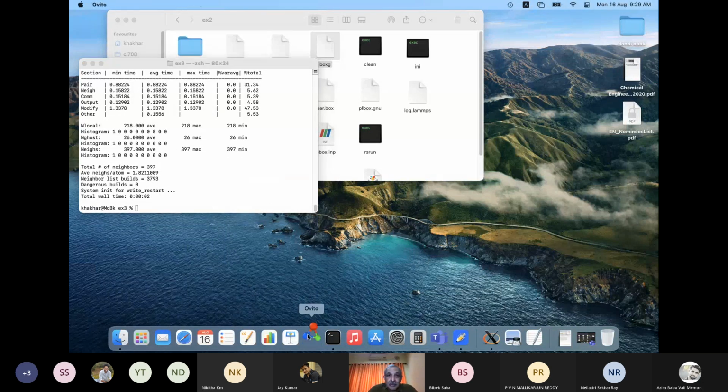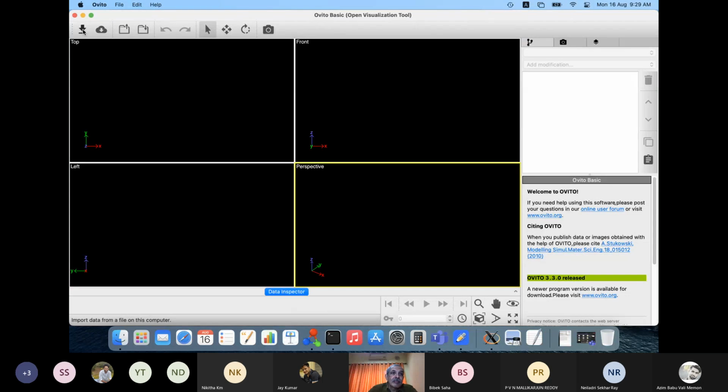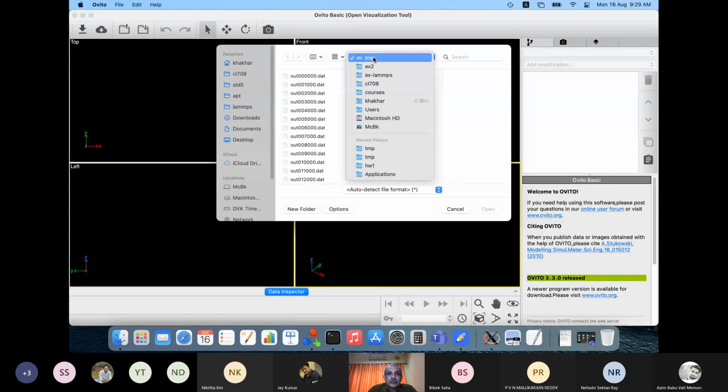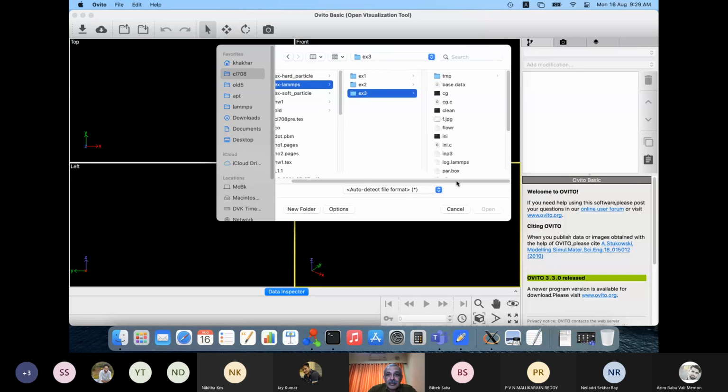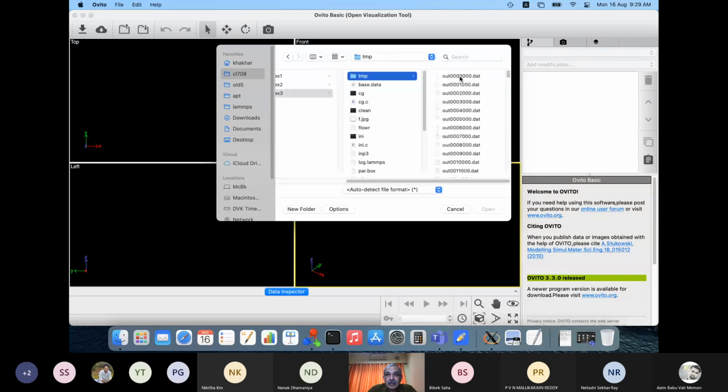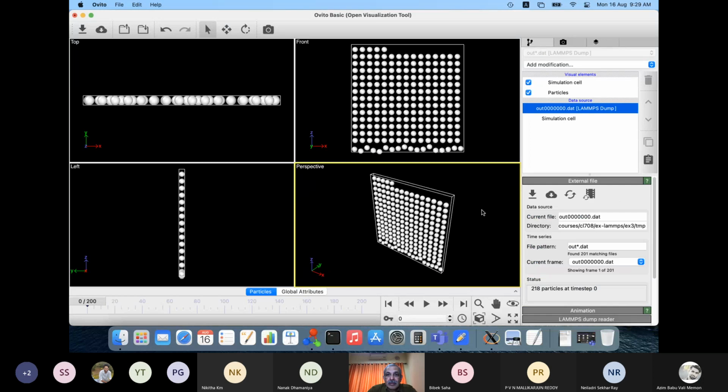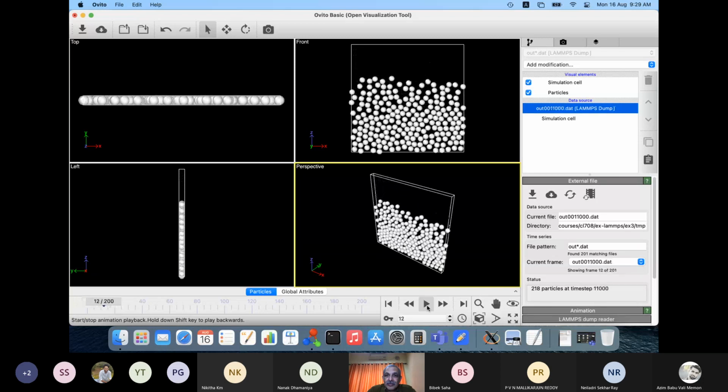And if I show you on Ovito, this is example number 3. So you can see here, there are some particles over here which are in some random fashion, and the rest of the particles are up there. And if I play this, you see this has fallen,